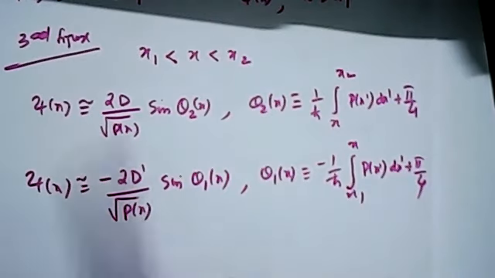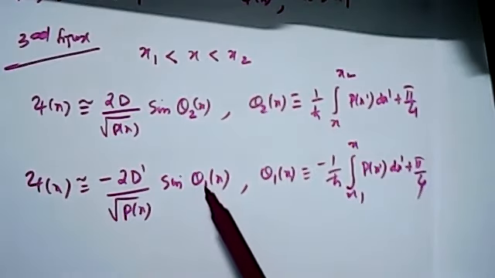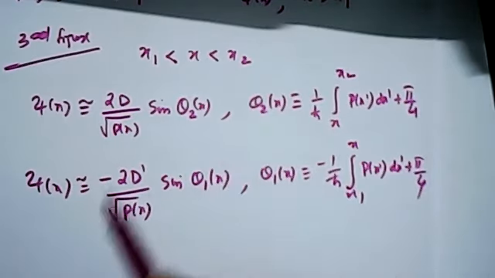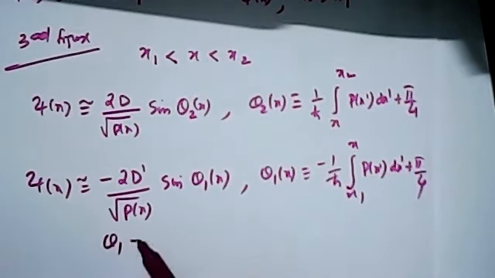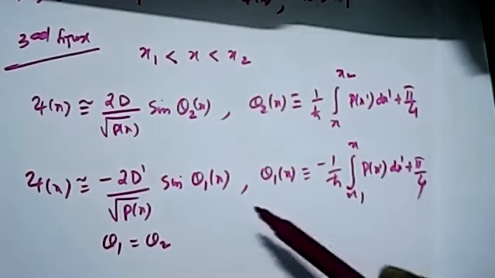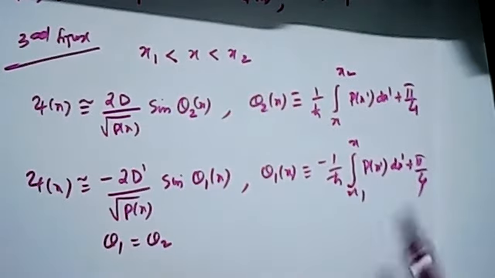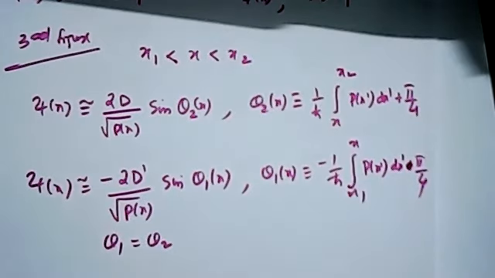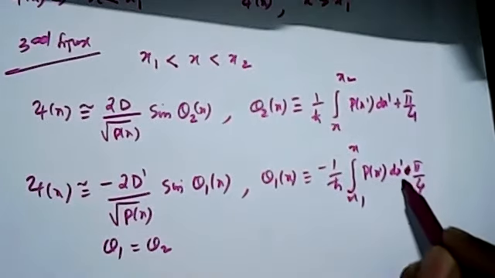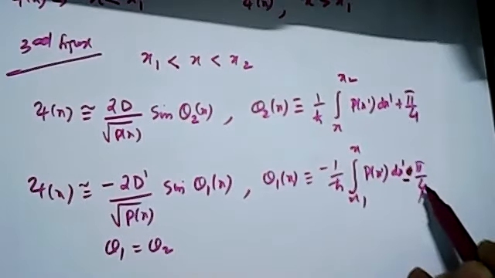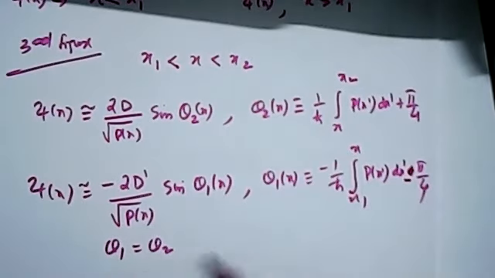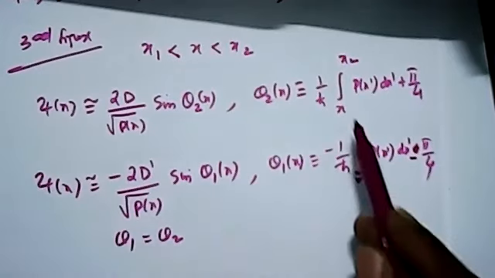So this is on one side and this is on the other side. Theta 1 equal to theta 2 is the required condition for matching the expression. Sorry, here it is minus pi by 4. So you can equate theta 1 equal to theta 2, so that you get